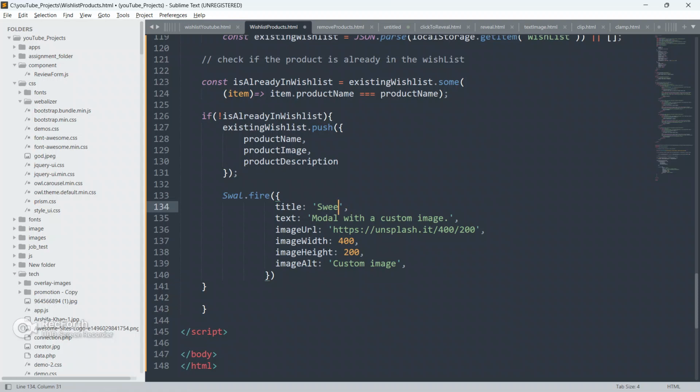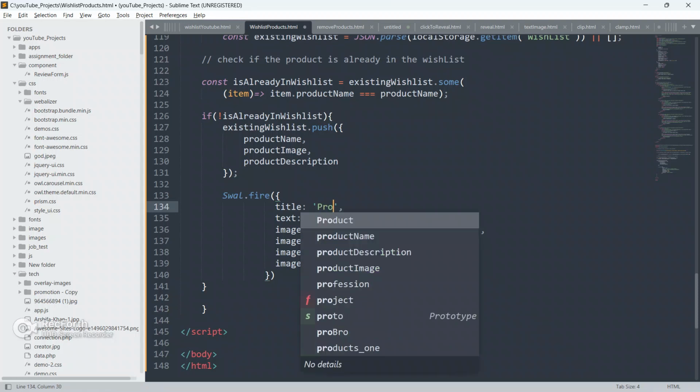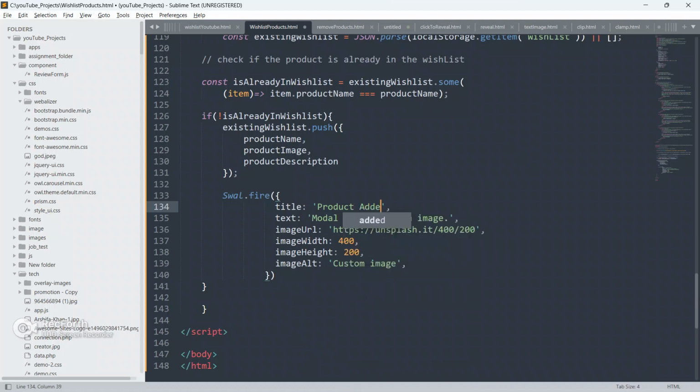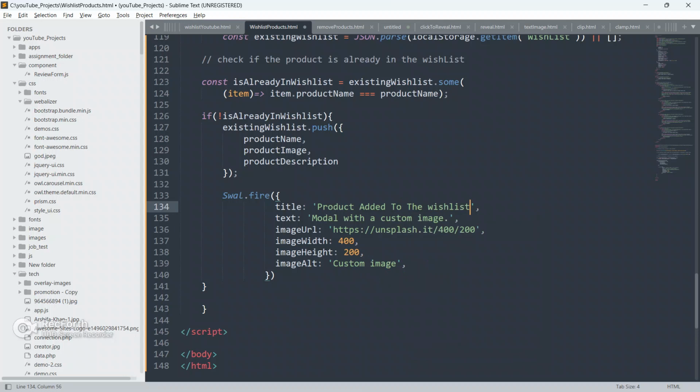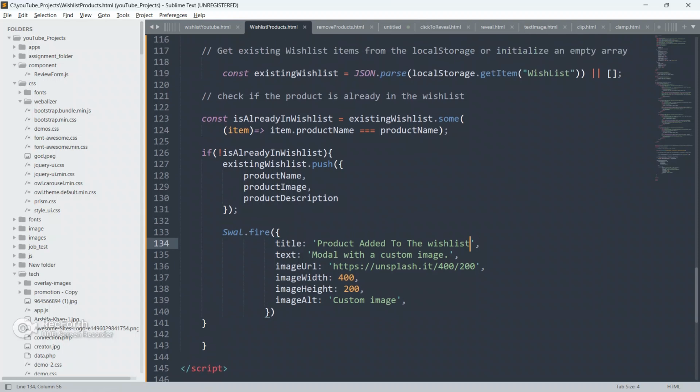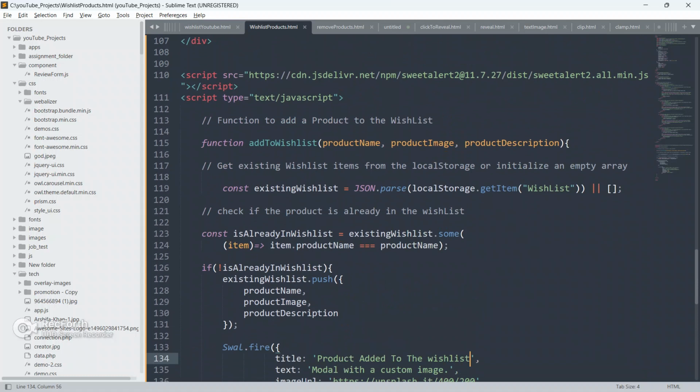So now the title will be: product added to the wish list. And we will change this image to our product image.